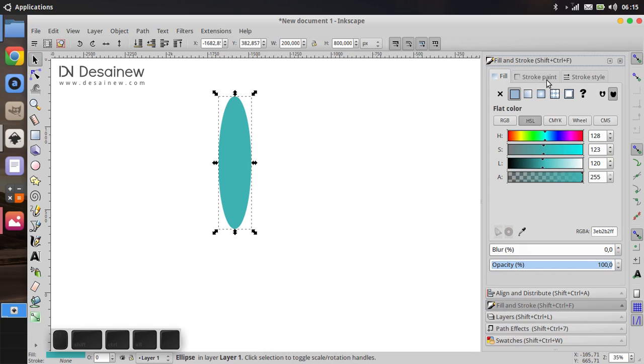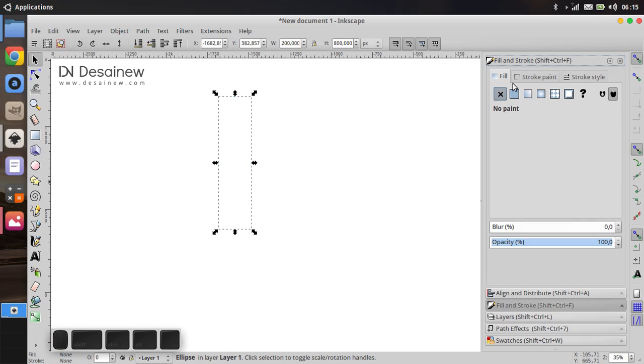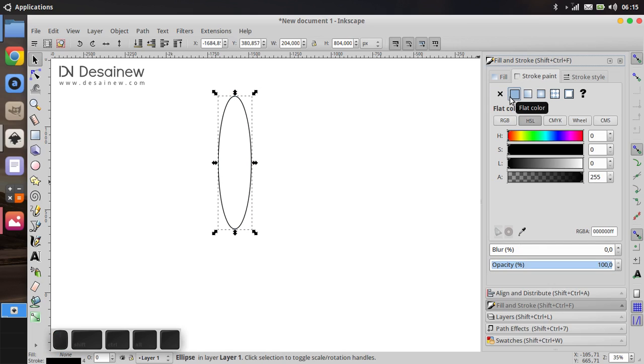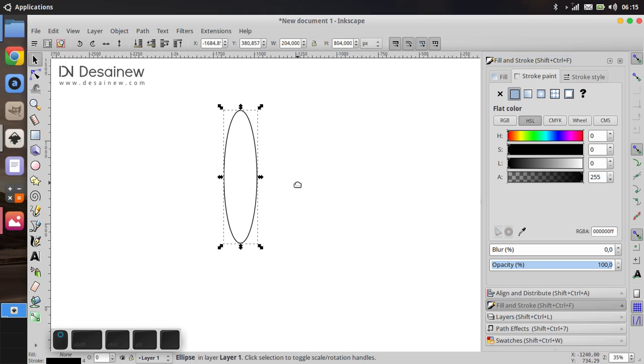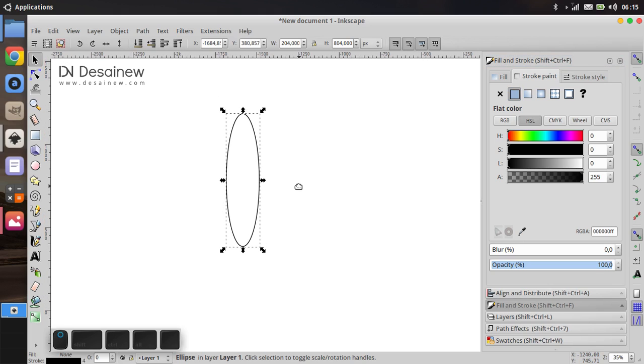Here I disable the fill and enable the stroke pen, and then we will clone this object.